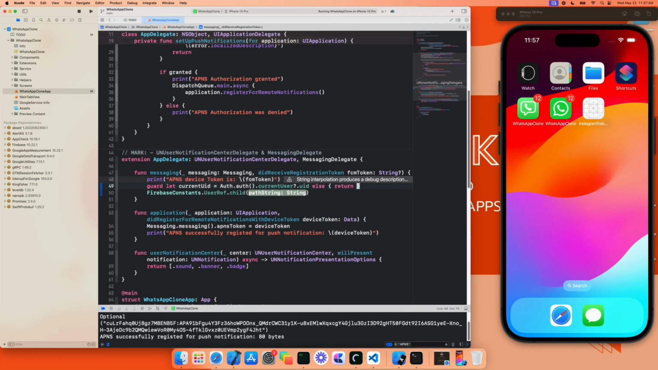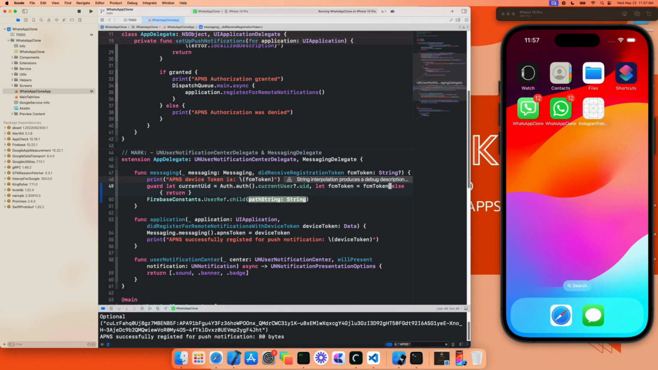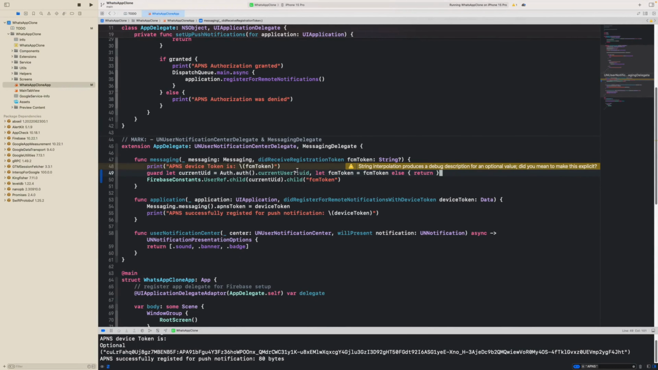out of the scope. Okay, I would also like for us to unwrap this FCM token because it is optional. So I'm going to say let fcmToken = fcmToken. And then I'm going to pass in this current UID. And then I'm going to go into the FCM token node. So right now we don't currently have an FCM token because, like I said, we did not set this up at the beginning of the project, and that was intentional because I wanted to fully explain what is going on